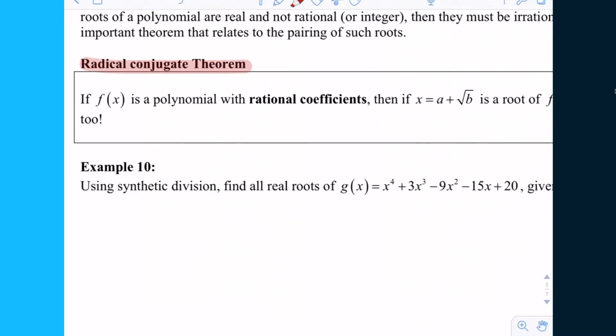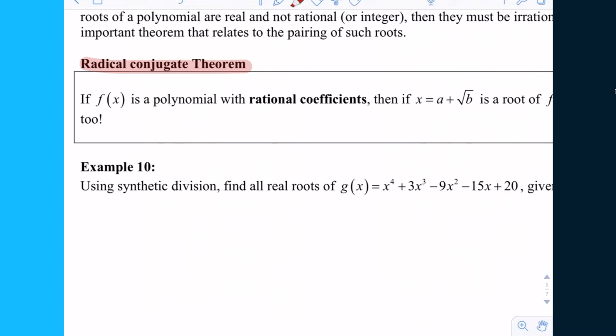And by radical, we mean irreducible radical, like square root of 2, square root of 5, square root of 3. Those are your irrational numbers. Square root of 4 is equal to 2. Okay, so it's not considered a radical. So the radical conjugate theorem says if you have a polynomial f of x